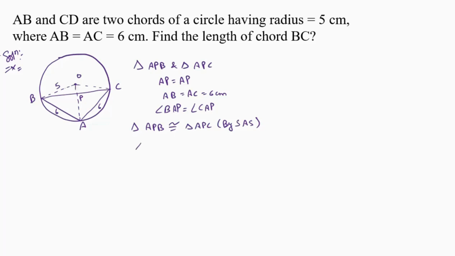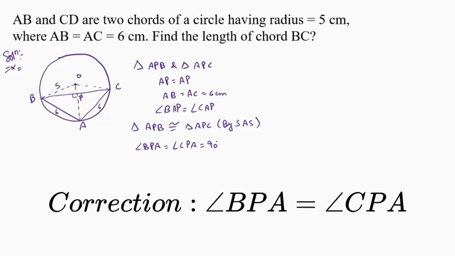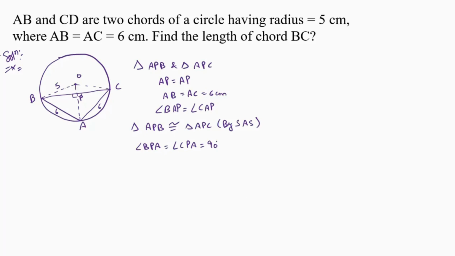So angle BPA equals to angle CPA, that is 90 degree, because sum of angle drawn on a straight line is 180 degree. Since angle BPC equals to angle CPA, so the value of angle BPA and angle CPA is 90 degree. Also